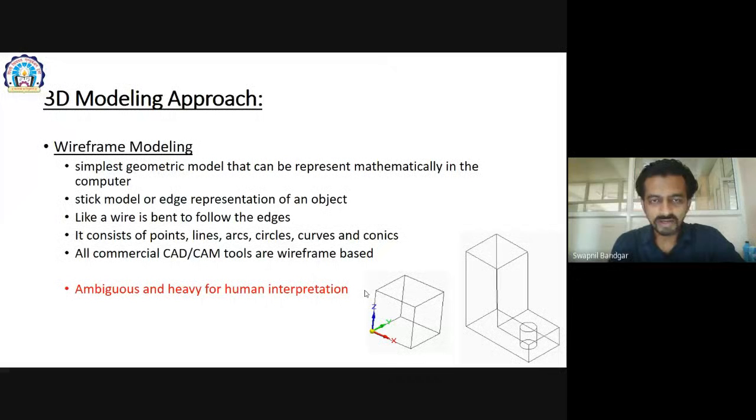So what does the software save in its memory? It will save all the lines and their equations. If any software is saving a line, it is saving its equation. And two more variables are there. What are these variables? The vertices, meaning the starting point and the end point of the line. So the two end points of the line are saved with the line equation. With these three inputs, the line equation and the end points, we can define a line.